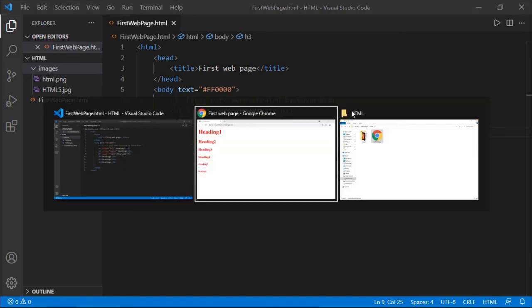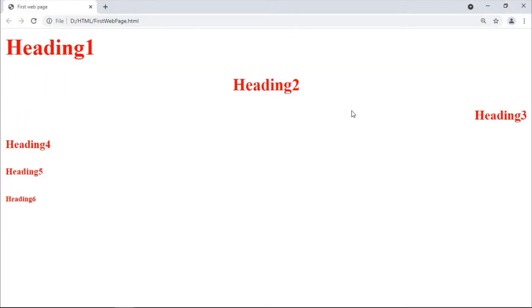Now let us observe the output here. Heading 1 is displayed on the left side, heading 2 is displayed in the center of the page, and heading 3 is displayed at the right side of our web page. So this is about the heading tags.